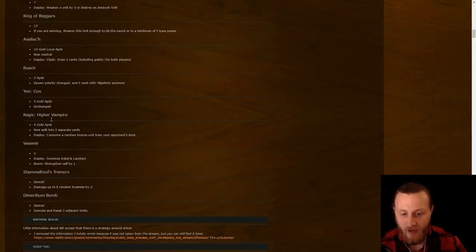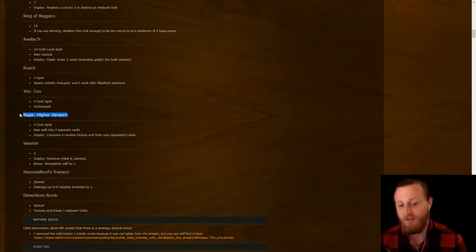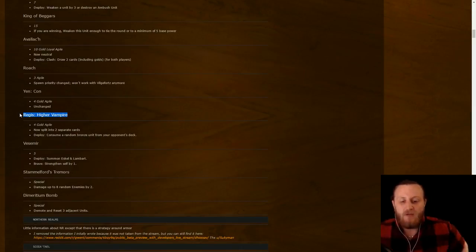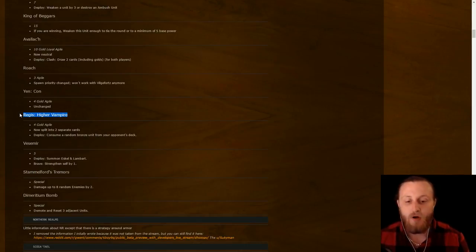Okay, Regis the Vampire. It's now 2 cards. And I don't think this is actually any good. I really, really don't think this is good. Regis basically has turned into a 4 strength gold card that's agile. And basically when you deploy him, you can consume a random bronze unit from your opponent's deck. That kind of sucks. Now, if you're able to pick from a selection of bronze units in your opponent's deck, that's really strong, because you actually get a little sneaky peek of your opponent's deck. But if it literally is come down, consume a random bronze unit from your opponent's deck, and that's it,